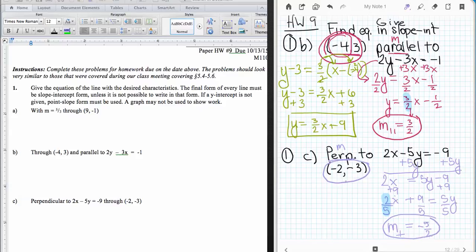So now I have the slope of my new line, and I'm going to look at my ordered pair. Well, that's not the y-intercept, right? That's not 0. So I'm going to have to use that point slope form again. So I'm going to go ahead and I'm going to say y minus y1, so that's a -3, is equal to my slope, that's a -5/2, times x minus, and then my x1, which is -2, and then I'm going to simplify. So distributive property first here, so I'm going to do y plus 3, because a negative and a negative make a positive, and then -5/2,